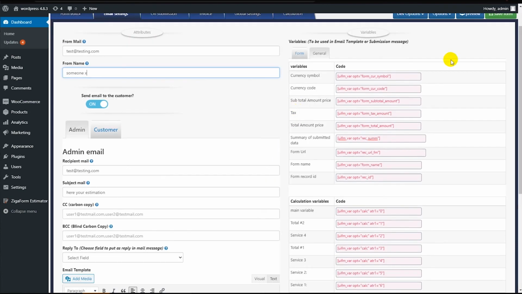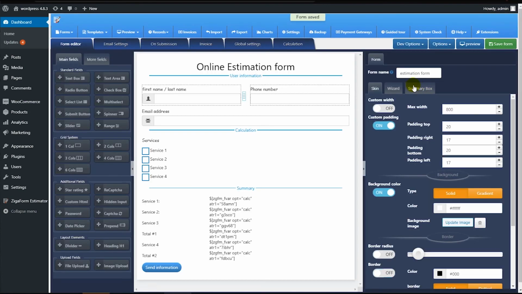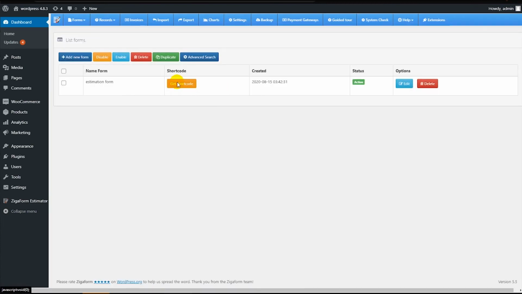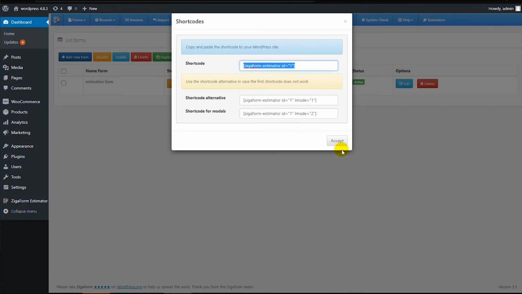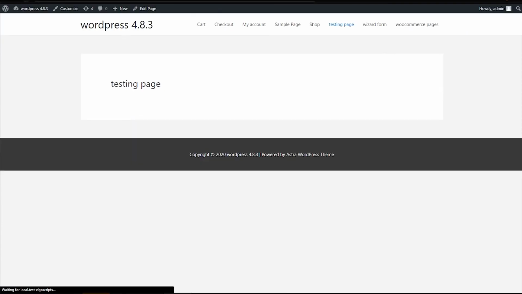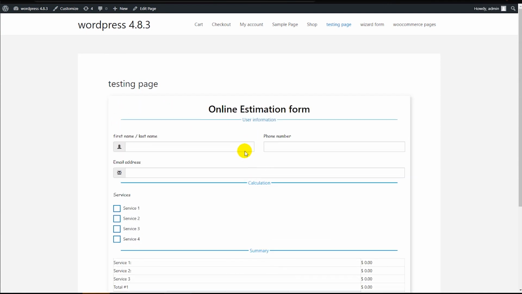And just save changes. We need to get the shortcuts. This is the shortcut. Create a page, put the shortcut on that page, update, check that page,